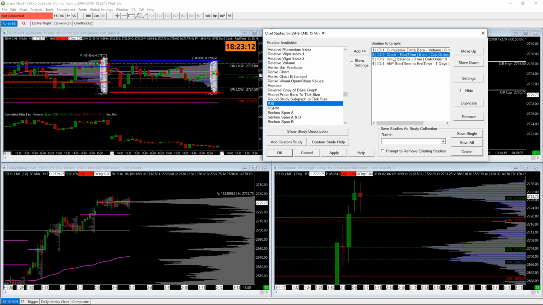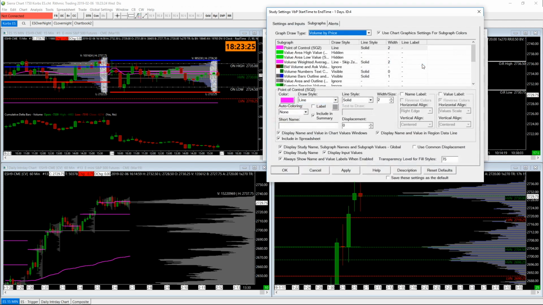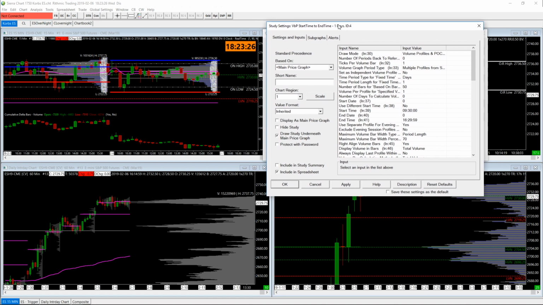Okay, the clock, this real time, that's actually this fixture here. The initial balance, okay, that gets plotted for me automatically. And then this is the volume profiles, how I have these set up, the volume by price. And just to give you an example, if you were to double click on anything, you can open